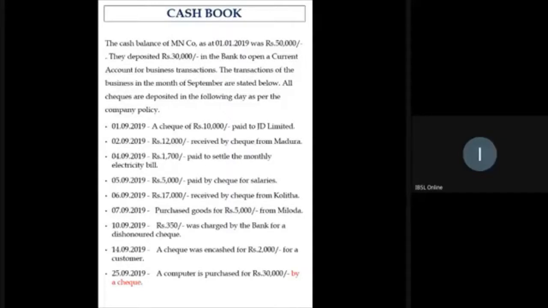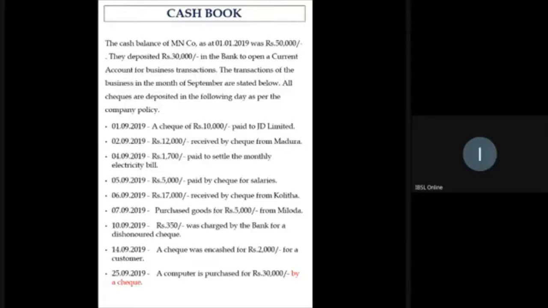So in this question, even though it is said that you are putting it in the cash column and then recording it in the bank column, we will record it straight away in the bank column. It doesn't matter. If you want, you can initially put it into the cash column, and then see what checks have come during the day, and then put it into the bank column.